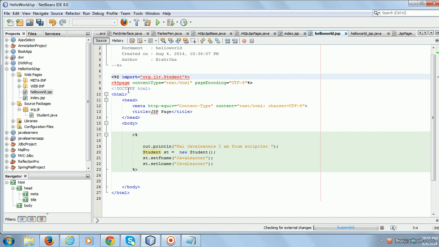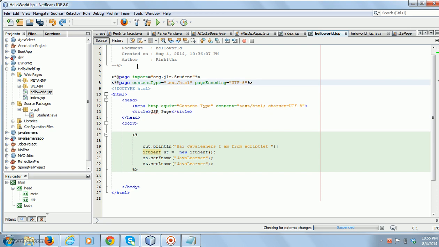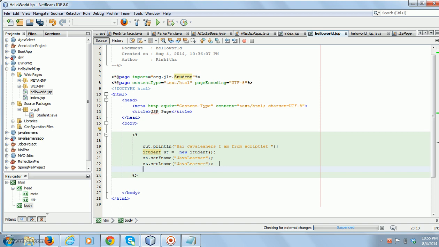We will see those things in upcoming videos, but for now we have to use the page directive to import a class. That means to access Student I have to import the class, so you have to specify the package name, org.jlr.Student.